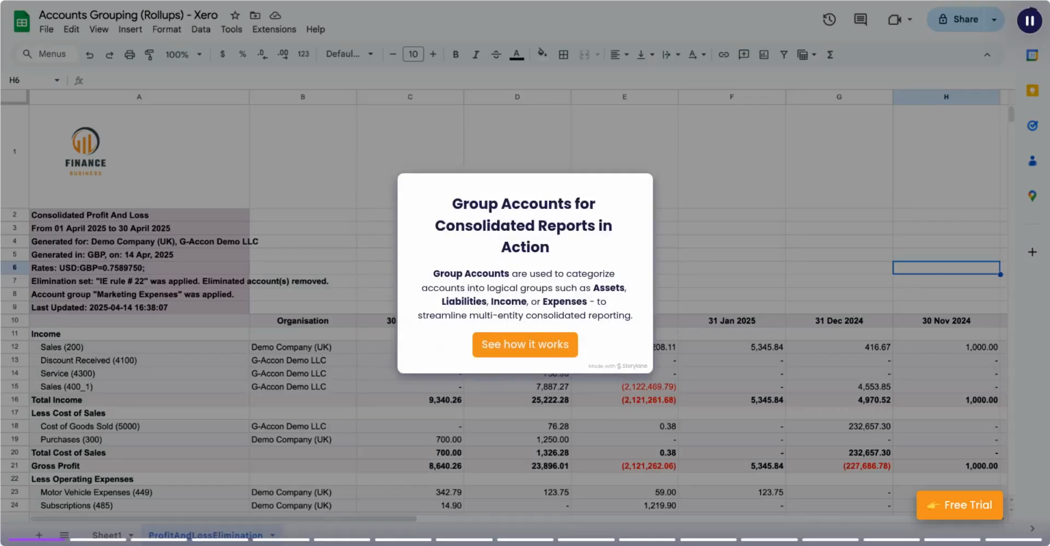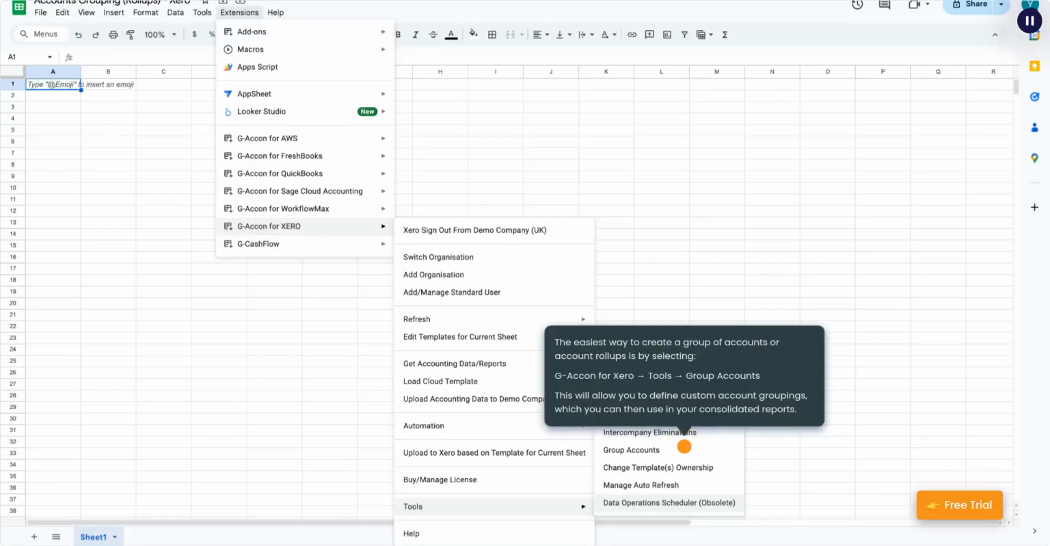Group accounts for consolidated reports in action. Group accounts are used to categorize accounts into logical groups, such as assets, liabilities, income, or expenses, to streamline multi-entity consolidated reporting. The easiest way to create a group of accounts or account roll-ups is by selecting G-Accon for Xero,